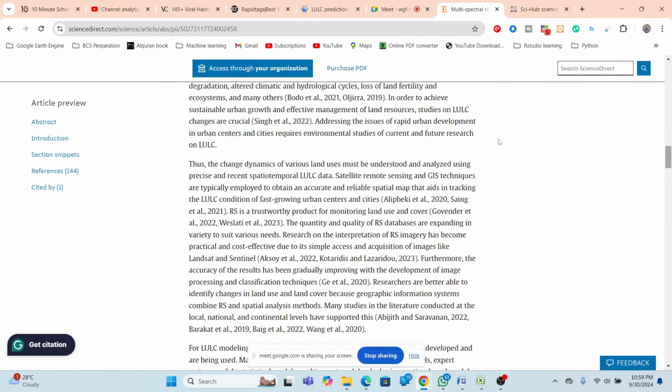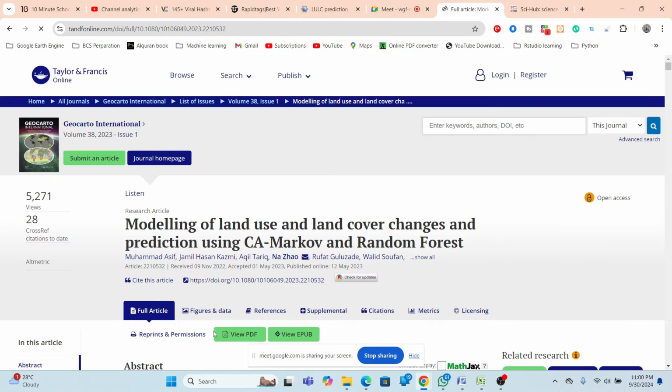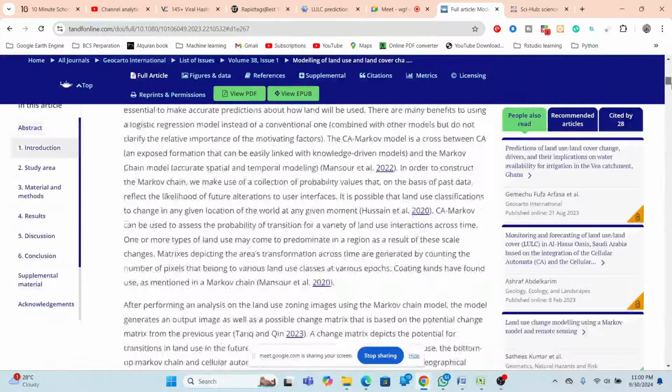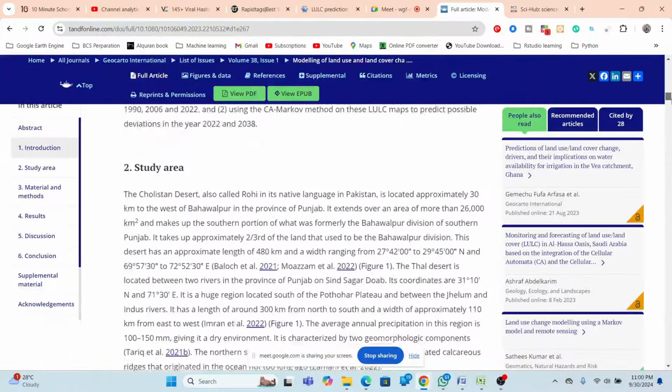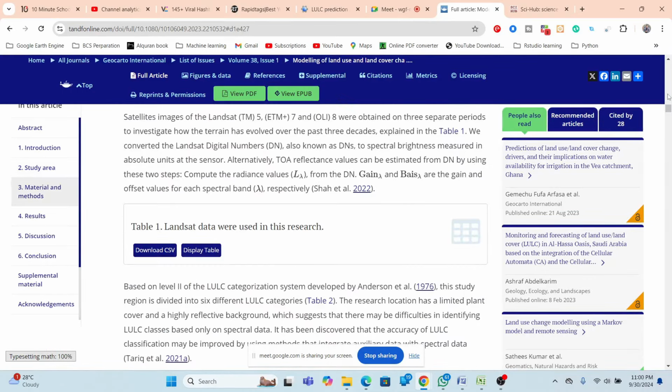Okay, so most papers use that model. You cannot use the random forest alone. You can see they use the CA method or other methods. Okay, CA Markov model and random forest. They use the two things at the same time, CA Markov as well as random forest. Modeling land use and predicting using CA Markov. So you can check the method. Yeah, study area. This is the study area. In the method,